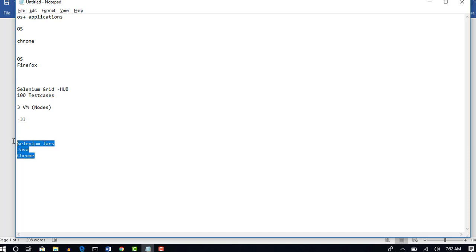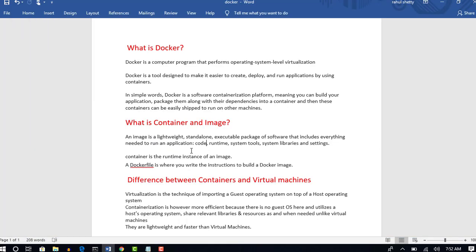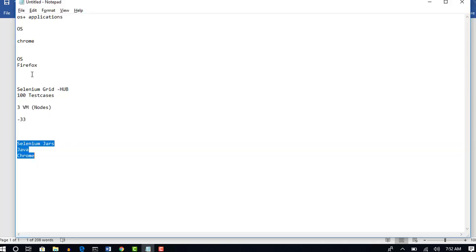We will pack all these dependencies and create one image out of it. How to create an image from these dependencies is another topic. You will see that in our next lectures. Now we'll build an image with all these dependencies and then deploy this image into the container. When you do that, automatically this container will get all the knowledge of Selenium, Java and Chrome, and it will be ready for executing your automation test cases.